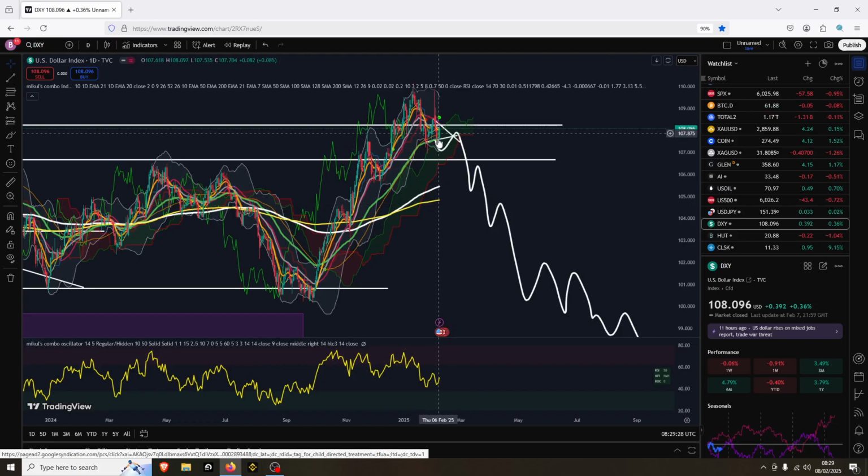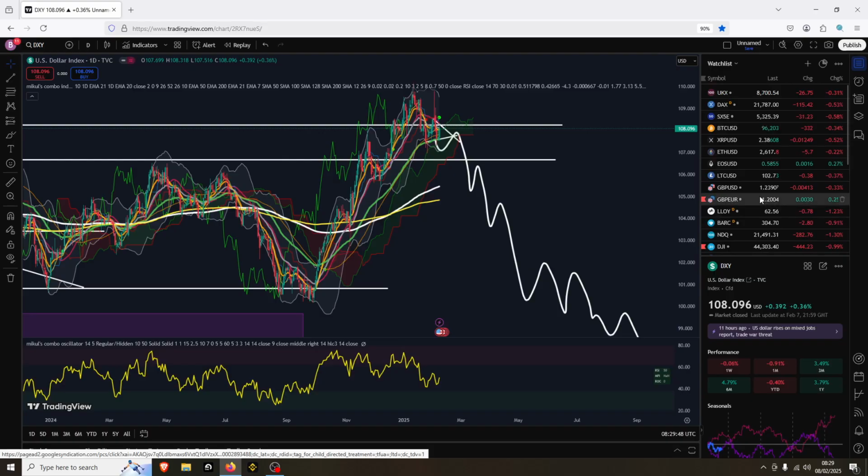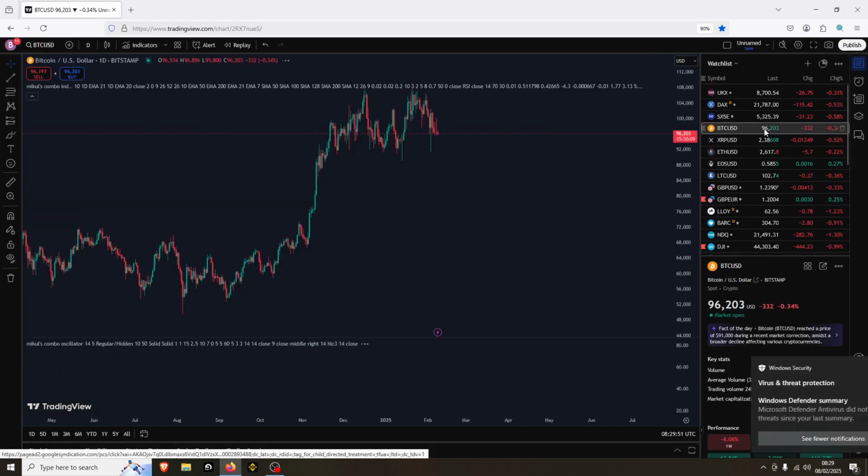But in the very short term, you've got this symmetrical triangle, which will give you a breakout or breakdown. A breakout will obviously take you probably to at least the candle body highs, 109.3. A breakdown will take you down to this support, 106.6, and that is one step closer to a deeper retest on the 200. So that was boring, wasn't it? It was really boring. So let's have a look at Bitcoin then, shall we?